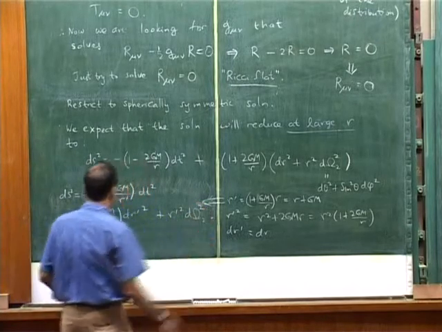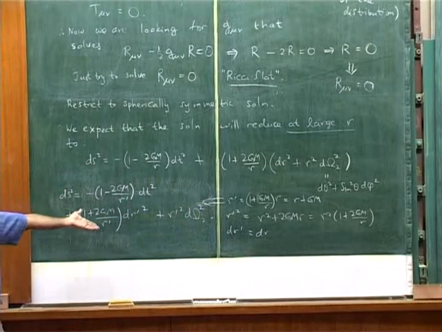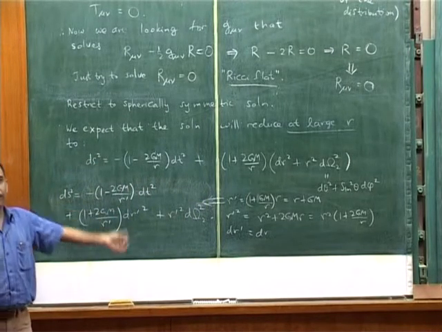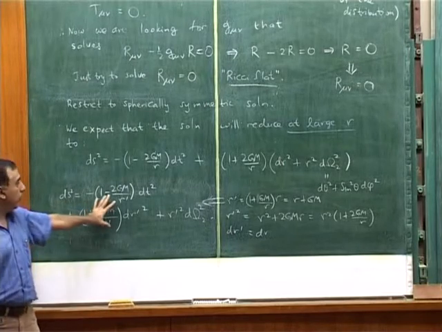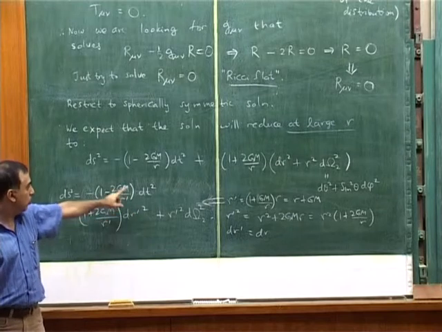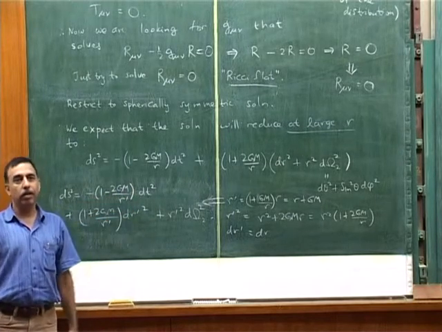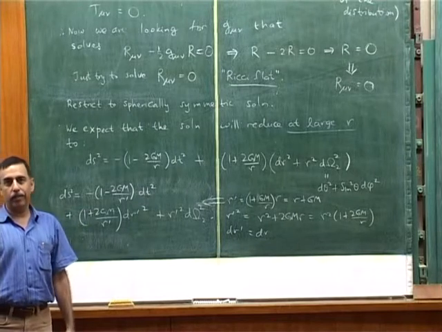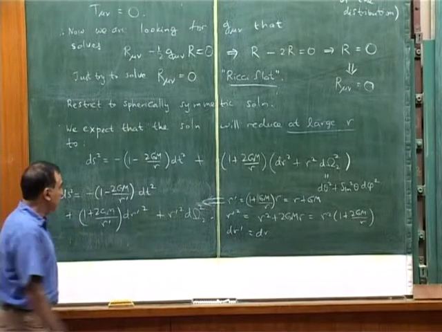And of course, this metric by inspection is manifestly spherically symmetric. It depends only on r. There's no dependence on theta and phi. There's also no dependence on time. This is stationary. This is in fact a static metric. There's also no cross term dt dr or dt d omega. So it's a static metric. Okay. So note.